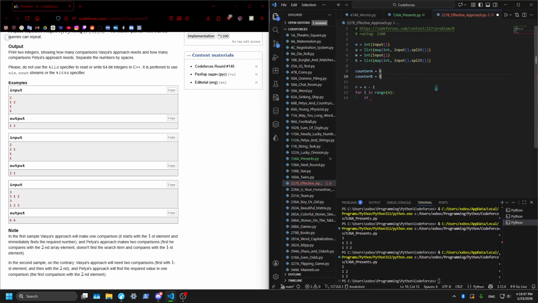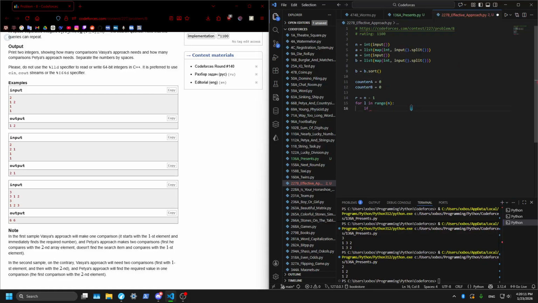Okay, we should sort the B array. Does it matter? Yes, because then we don't have to iterate again through it. B equals B dot sort,